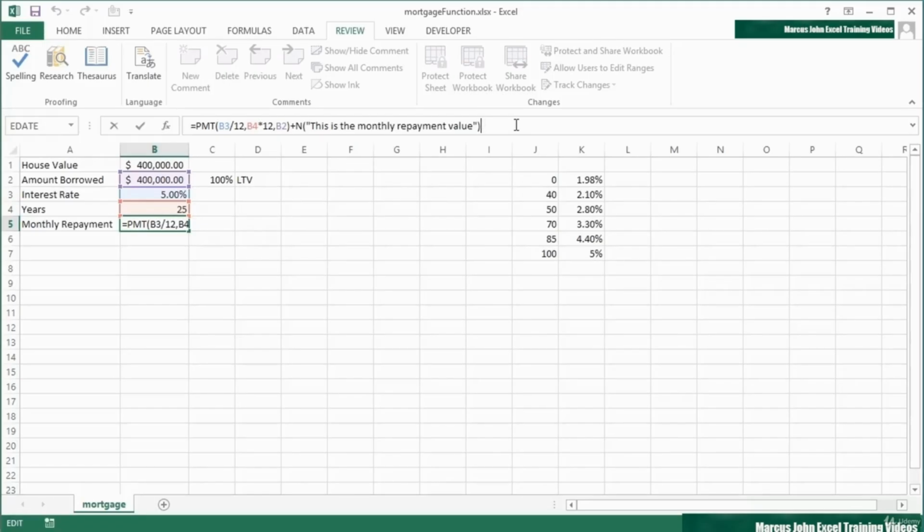We might use it to actually explain each of the three components. Why are we dividing by 12? Because we're on a monthly interest rate, not the annual interest rate. Why are we multiplying by 12 on the B4? Because we need to turn the number of years into number of months. So we could put all of that inside the comment, hidden away here in the formula, but not affecting the formula's result. We do that by just adding that plus N, open brackets, open speech marks, comment, close speech marks,